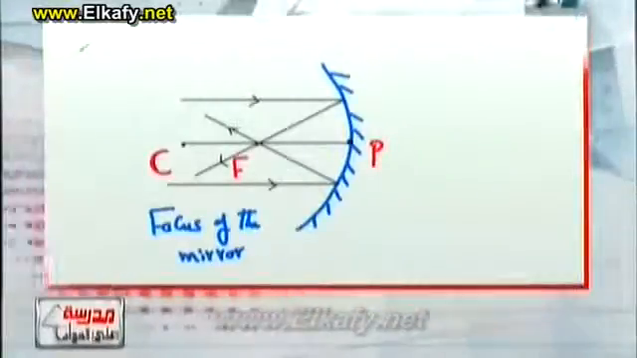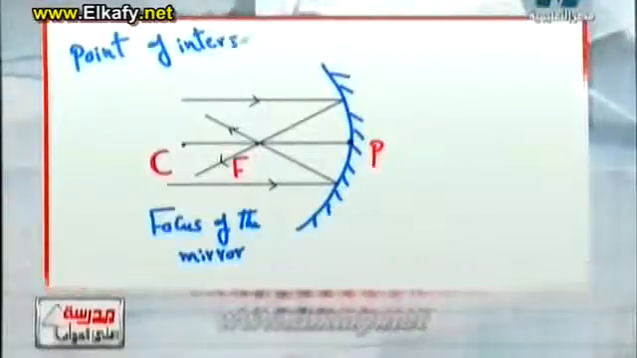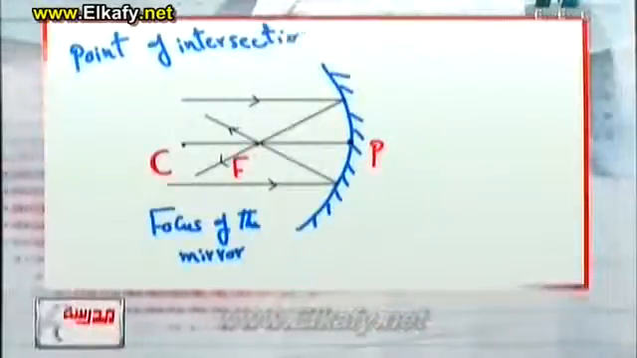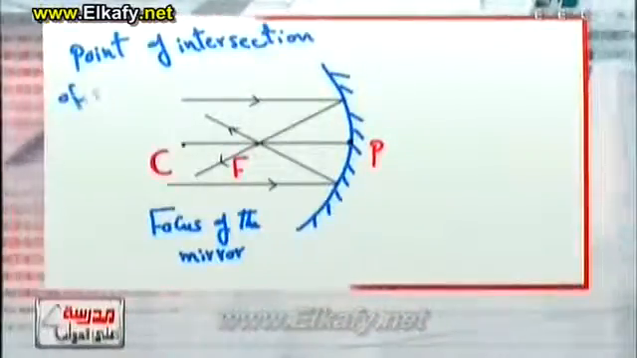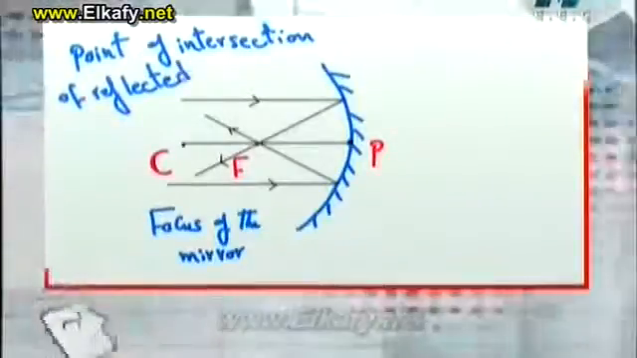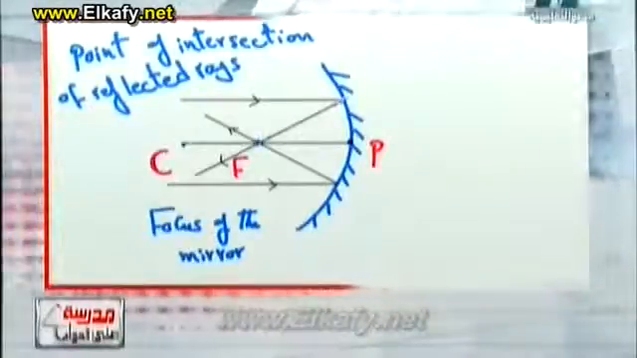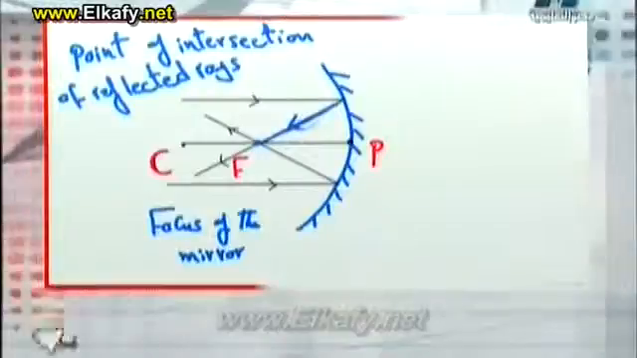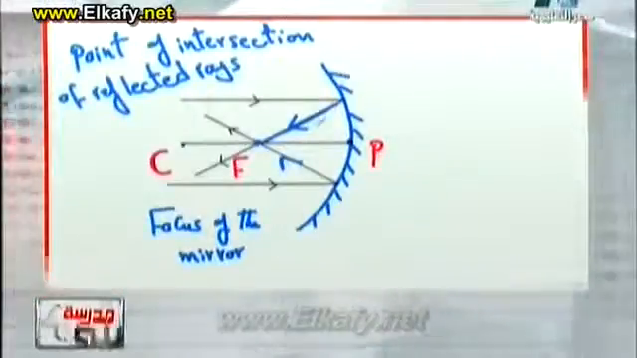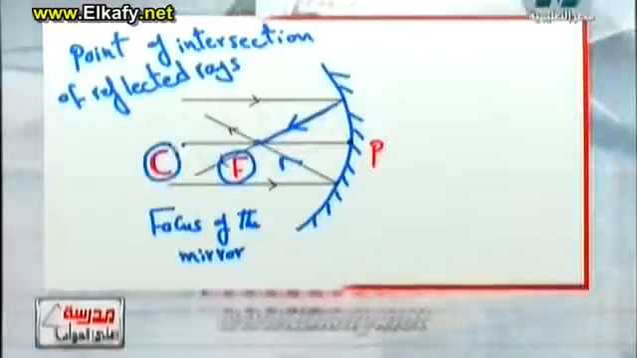Focus is a point of intersection of reflected rays. It means the point where everything reflected collects, like this and like this. Okay? So we now know what is meant by focus, what is meant by center of curvature, what is meant by pole of the mirror,